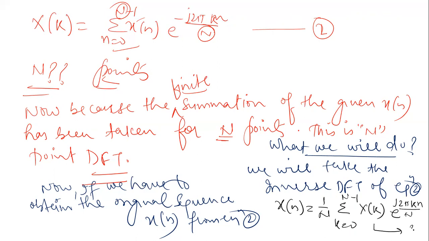So this is, let us say, equation 3. Now here n is equal to 0, 1, 2 up to N minus 1,